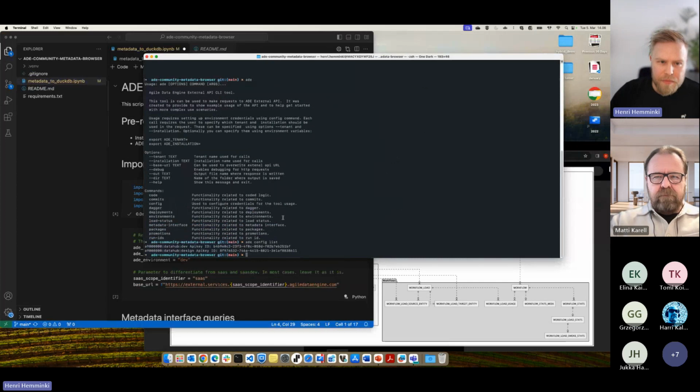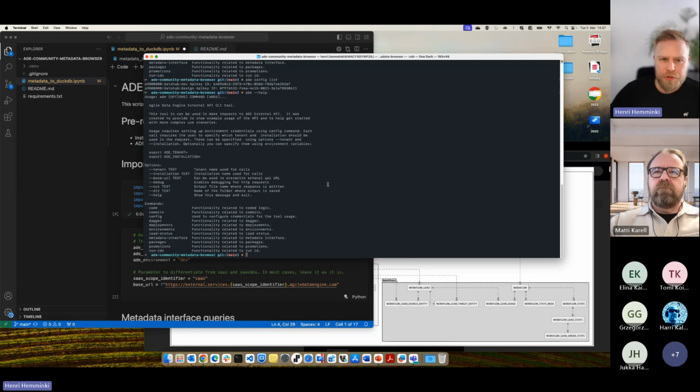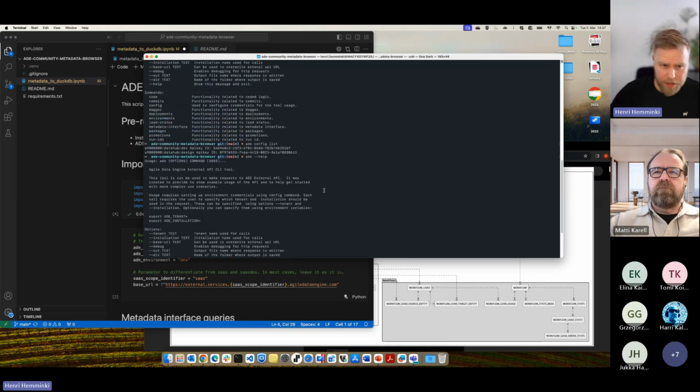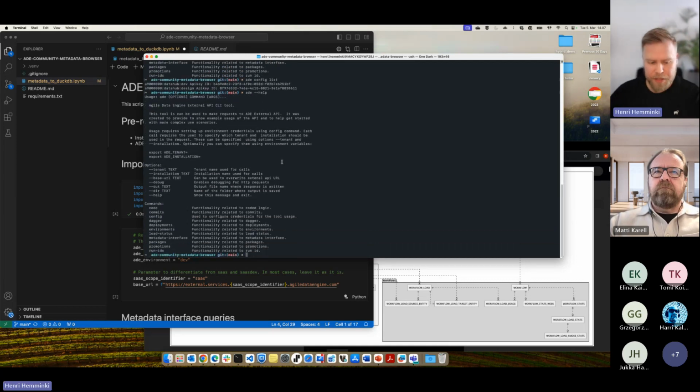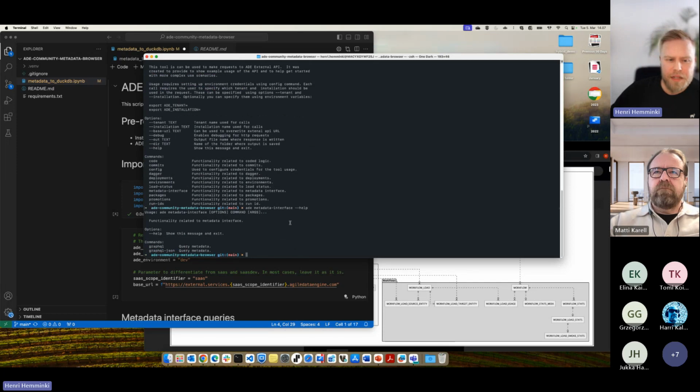You can find the documentation on the GitHub repo, or just from here, on how it works. But I'm not going to dig deeper into that CLI, just a heads up that it can be used to query a multitude of things. For example, this metadata interface will be used with GraphQL queries.